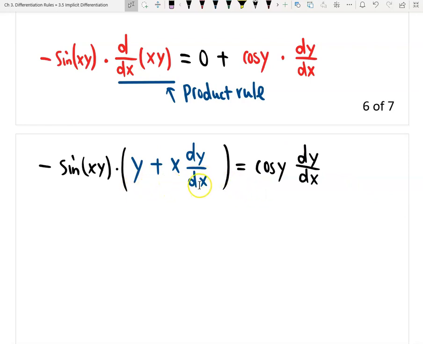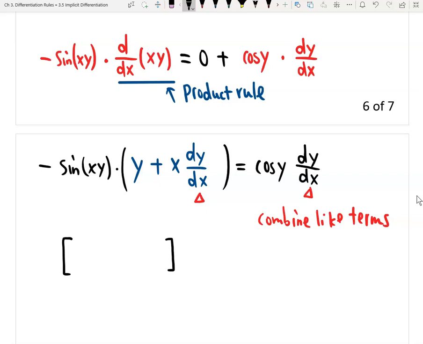Almost. So now what do we get? We get a linear equation. Now dy/dx is the variable. So linear equations, what do we need to do? Just combine like terms, right? So can you see? This term and this term are like terms. So we just combine like terms. These like terms are two. After we put them together, see what do we get? We will get this big term. Let me write a little bit long, and then times dy/dx